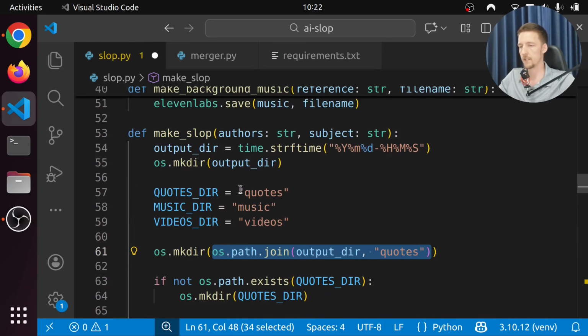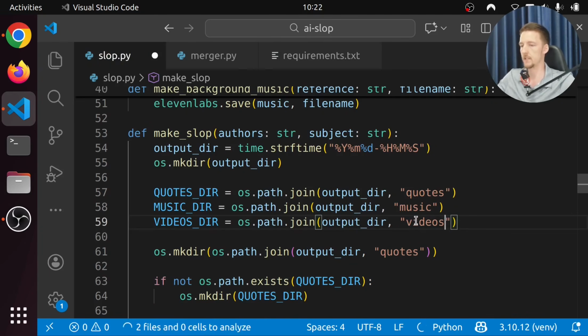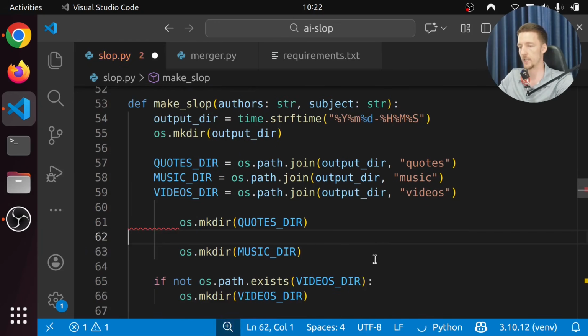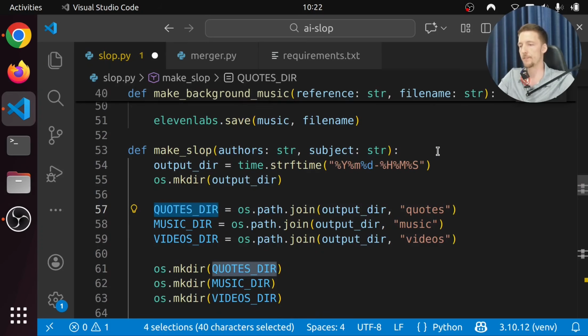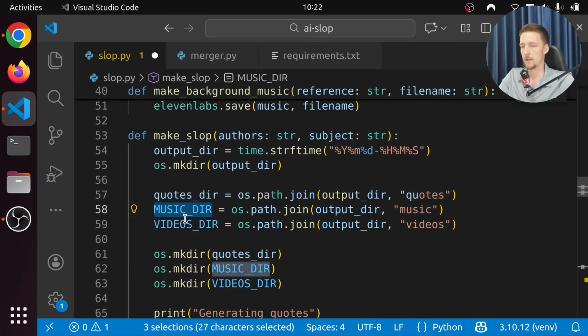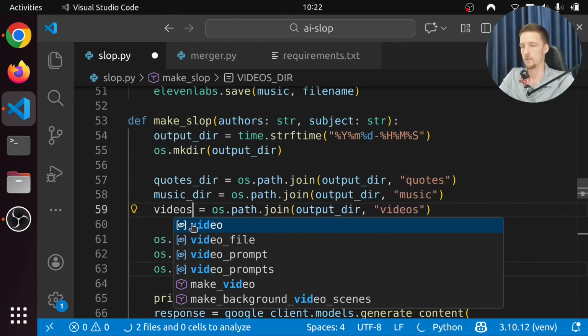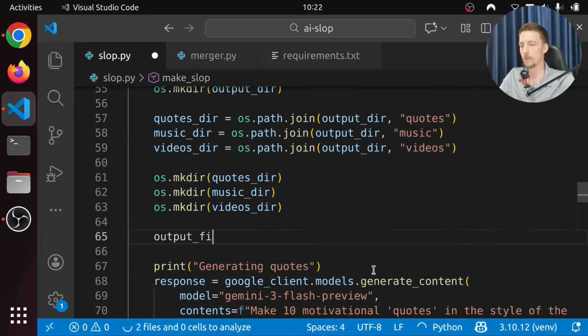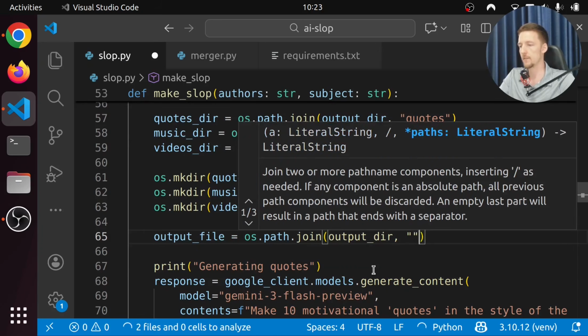So quote directory is this, music directory is this, and videos directory is this. And then we don't even have to check anything. They shouldn't exist. We create them all. And they probably don't have to be capitalized. Let's say quotes dir, and music dir, and videos dir. And then the output file is going to be os path join, output dir, and final video.mp4, like that.